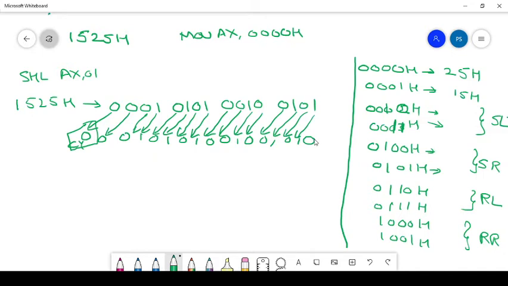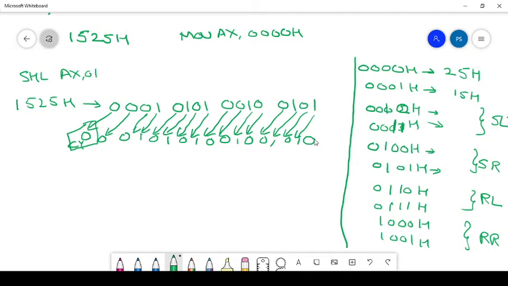Then you take that number: 0010 1010 0100 1010. That is 2, 10 which is A, 4, and 10 which is A: 2A4A.